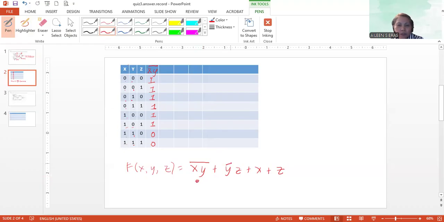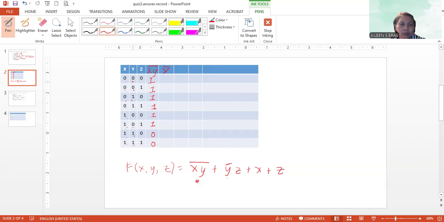So we will go here, the y bar z. Since we don't have the y bar here, it's easier for us to determine if we have the value of our y bar. So we will not go directly to y bar z, so that we don't get confused. We have given here that we already have the z, but the y bar is missing. So we will just put here the y bar. The opposite value of your y is equal to y bar.